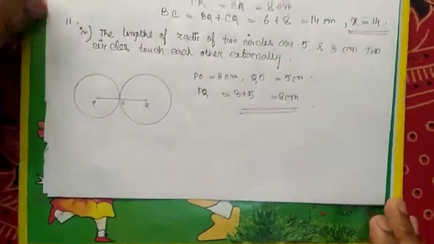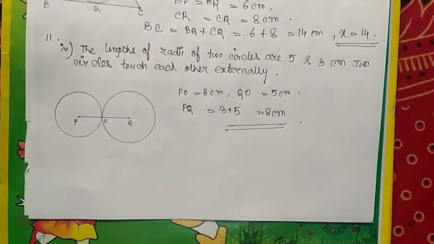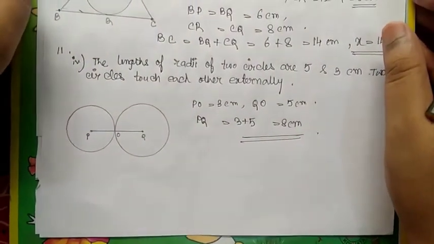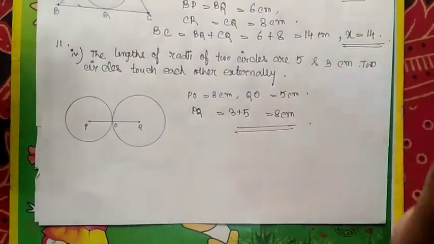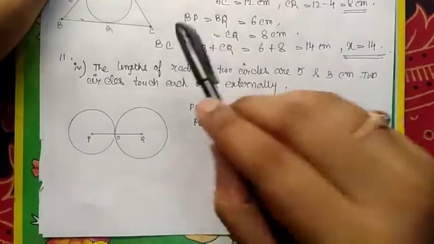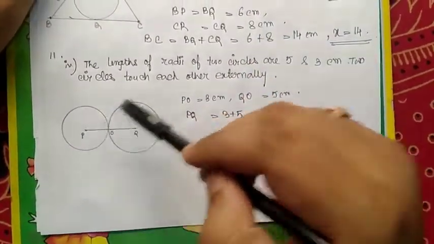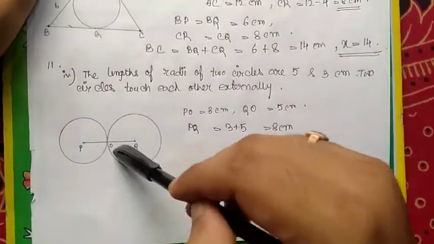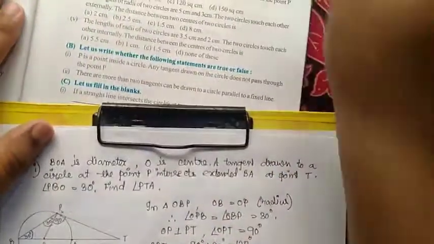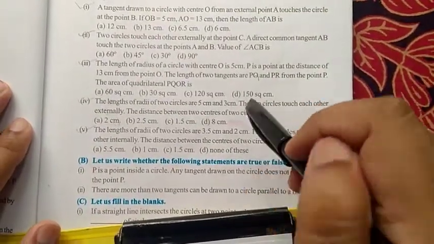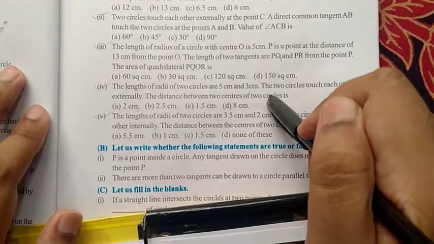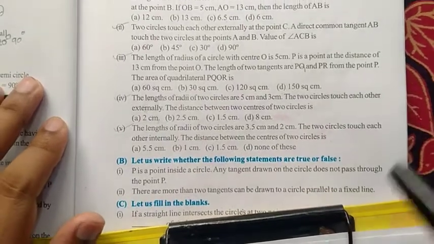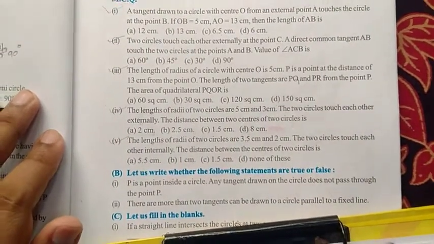So this is a 1 mark question. You have to fill in the blanks with only 8 centimeter. Don't draw this diagram. Here we discuss why the answer is 8 centimeters, so here I draw and discuss in this way. But for this type of question in the MCQ or short answer type for 1 mark, you don't explain why this is 8 centimeter. Only tick or only write 8 centimeter.